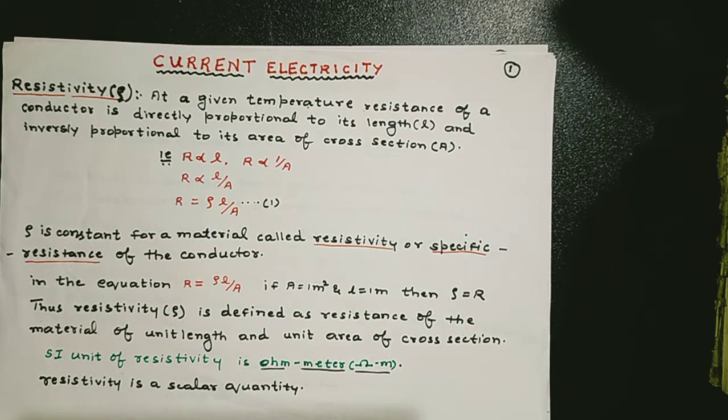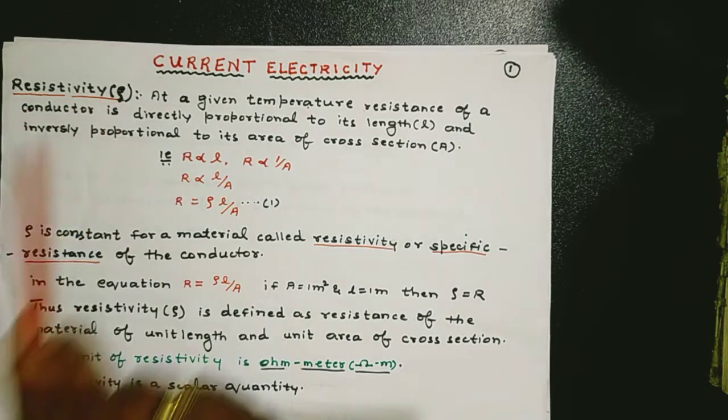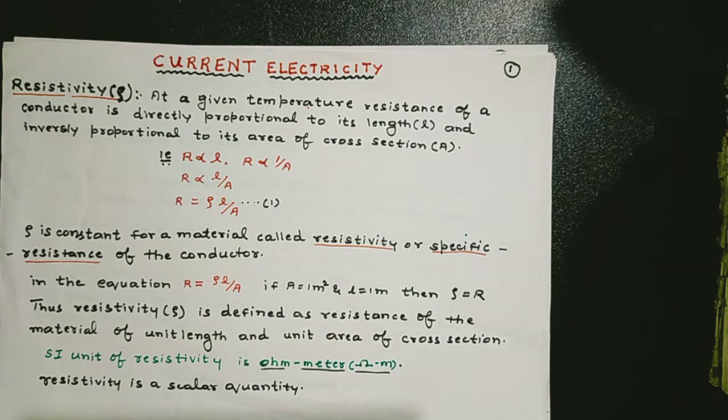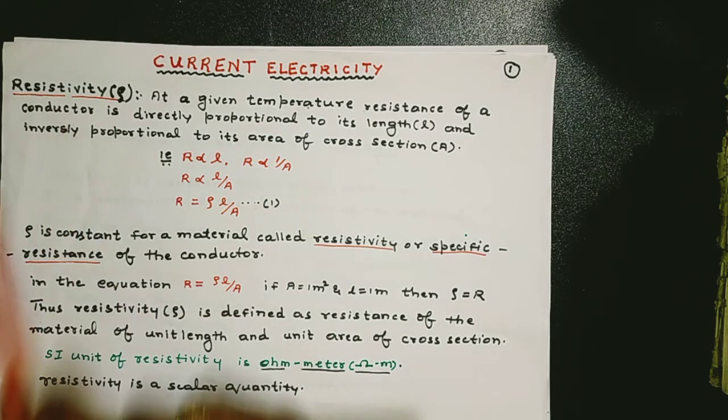Students, in the last class, we learnt about the concepts of resistance and conductance and even their SI units. And we also learnt about Ohm's law, a very important part of the chapter. Today, as the continued part, we will start our discussion with resistivity, normally represented by the symbol rho, the Greek alphabet rho.